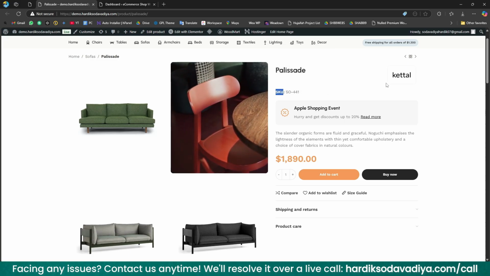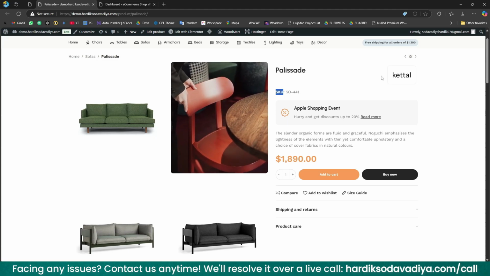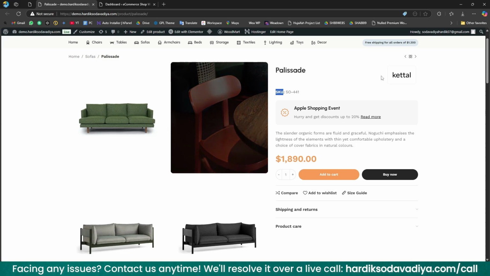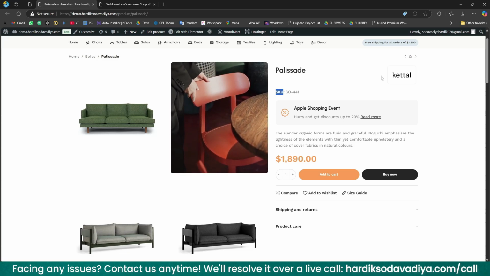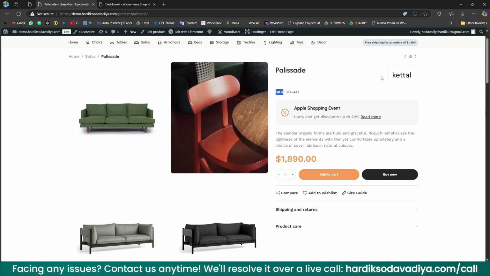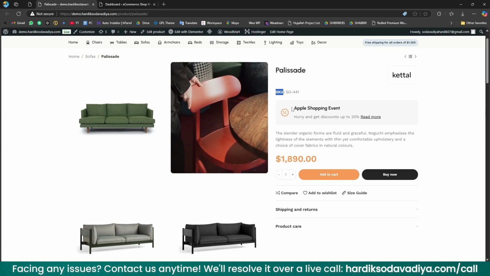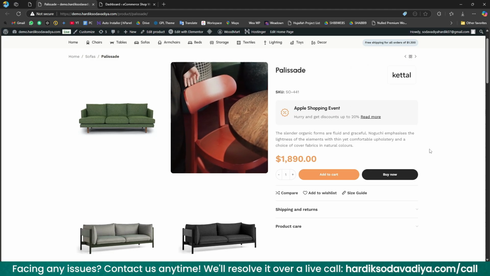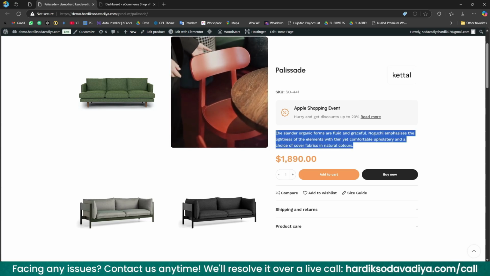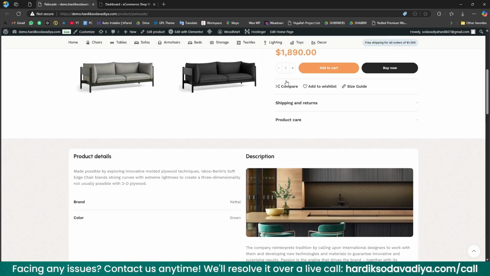Then we have the branding section. So this is not necessary in all cases, because if you are producing your own product, then the branding is not necessary. But imagine you have a website where you are selling many products from many brands, then this option is really helpful. Moving on, we have the banner where some marketing offer is going. Then we have a short description in this section, and then we have the pricing,